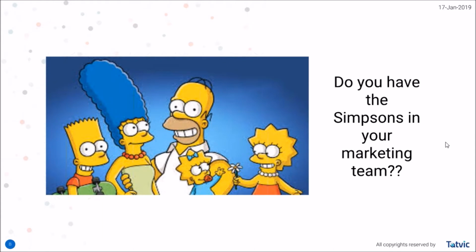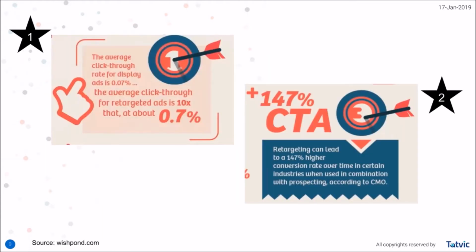So previously I used to be more of an analyst. Now I can say I am more of a marketer, because I have started working with clients to help them activate the data based on website personalizations or running campaigns on DV360 or Google Ads, right? These are some metrics. So if I talk about remarketing, let's understand some metrics or stats that I have